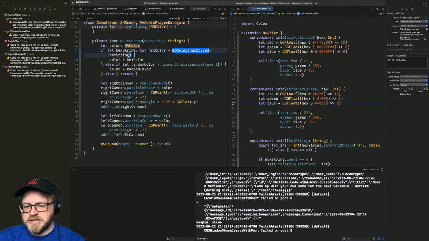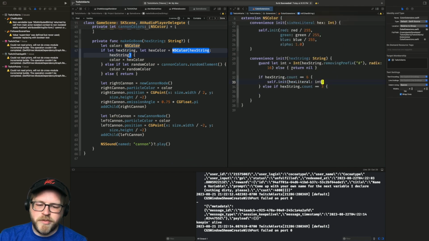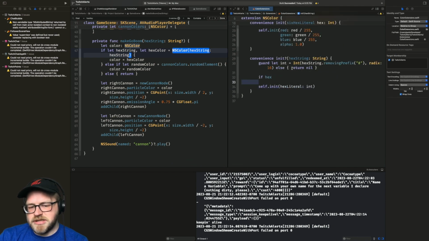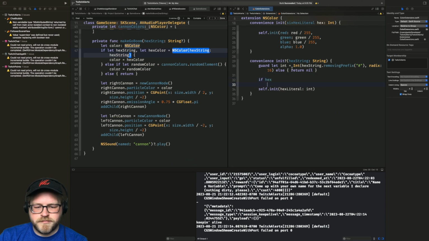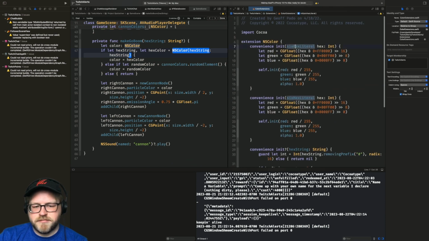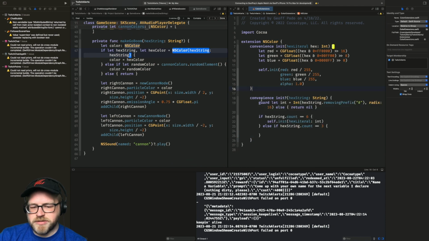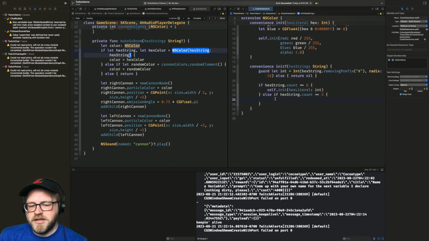No, because what we would need to do here, no, this is never going to work. What we need to do is, if it's 3, then we just double everything up. Yeah, let's just do that. So we switch this back to hex literal. We get rid of this one. Else if hex string.count is equal to 3, then we basically need to just double each character, and then return self init with hex literal, which